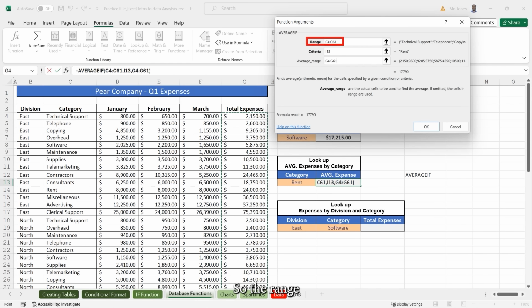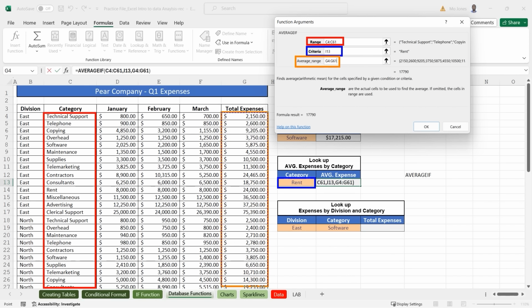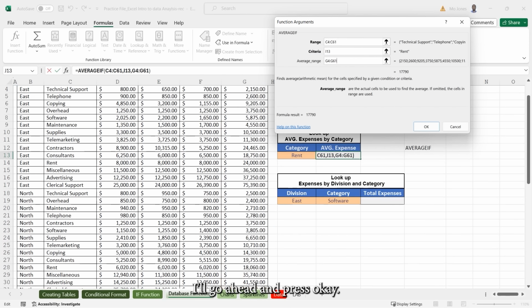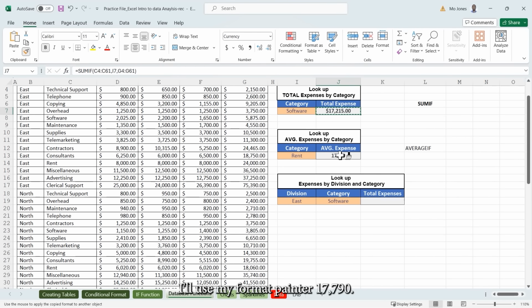So the range is our category range. Right. The criteria is expressed right here in this cell. And then finally, we want to run the numbers on the total expenses column. So there we go. Our total is 17,790. I'll go ahead and press OK. And we are good to go. I'll also apply the same format to there. I'll use my format painter,